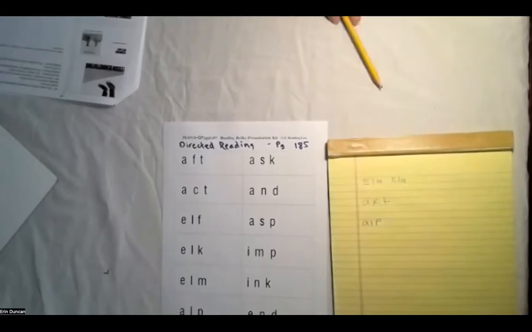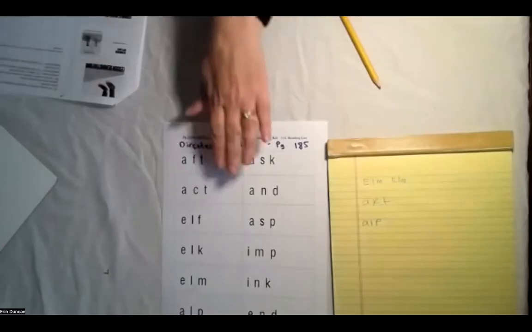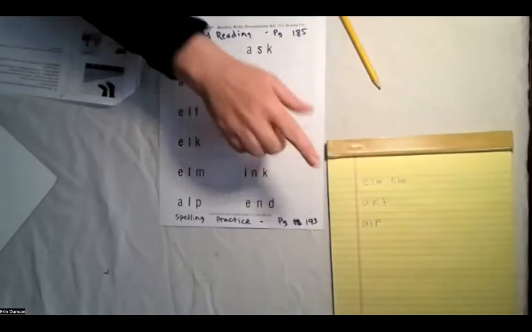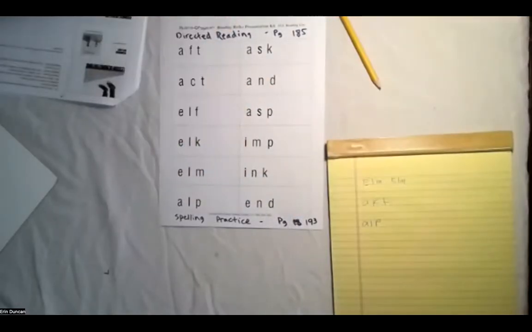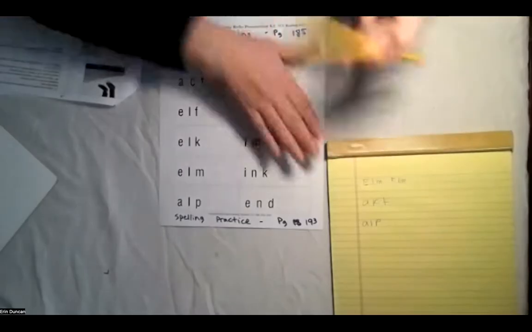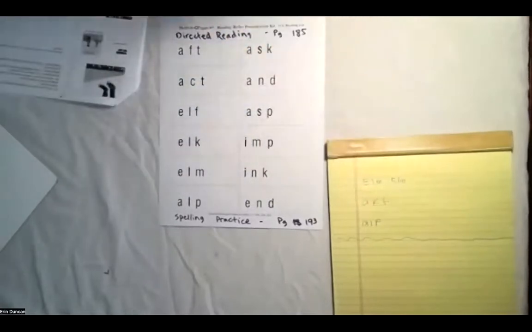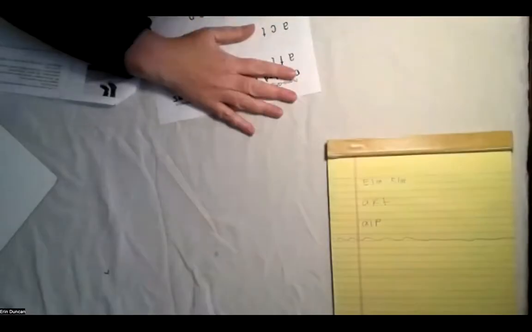The next lesson you'll see is the spelling practice, and that is on page 193. Okay. And you use the same list from your book. You give her a piece of paper and you say, okay, we're going to do a little spelling game. We're just going to practice spelling out words from the sounds you hear in them. Okay. You may know how to spell all the words, that's fine. But I want you to think about what you hear first and say each sound and then write it as you hear it. Okay.